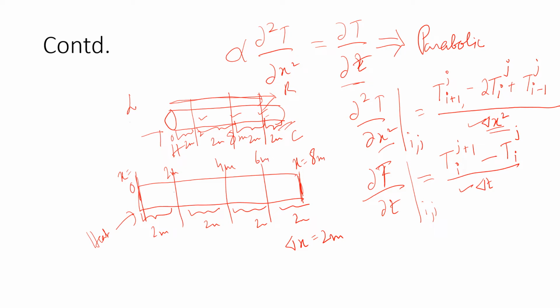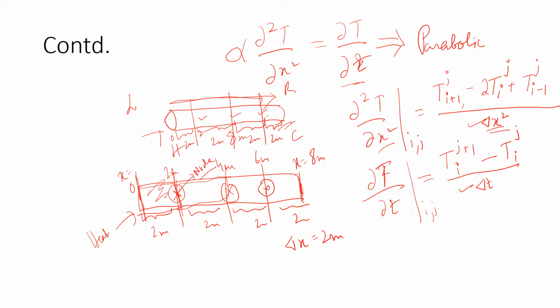The junction of two different segments is known as a node. This is your segment, this is your node, right? And we will try to find the temperature at these internal nodes,